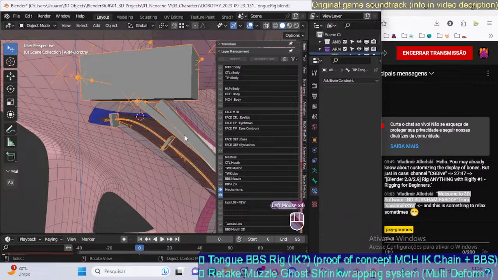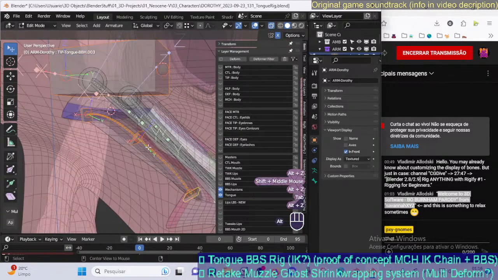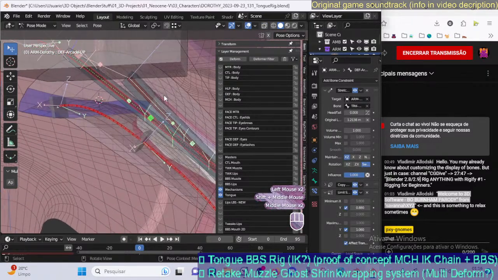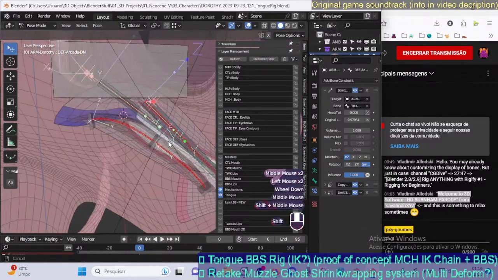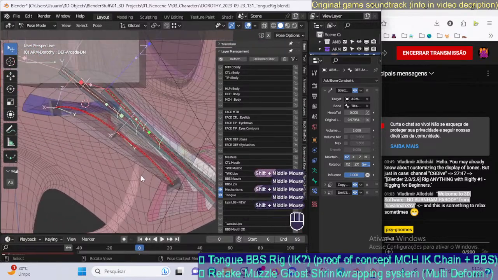So here's the tongue. So it is a bone that is there, so it is depth arcade up. No, this is, they are crossing, so there we go, depth arcade down. So we need to,